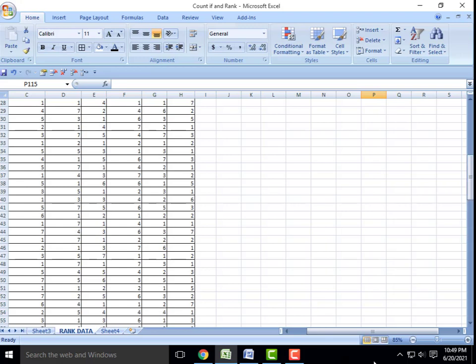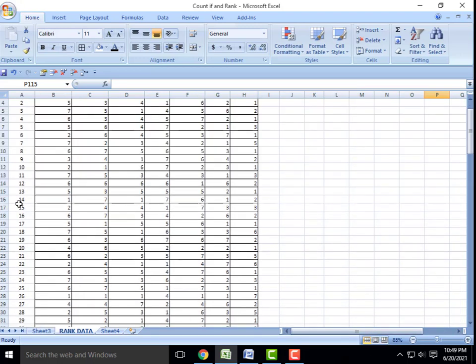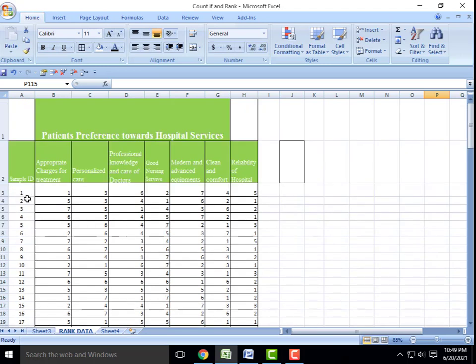Here we have the Excel sheet. We collected data from 100 respondents for these 7 scales. Let us take the first respondent. For appropriate charges for treatment, he gave first rank.